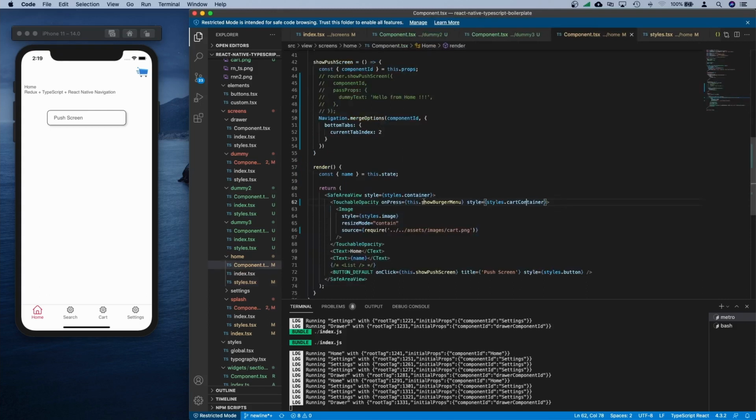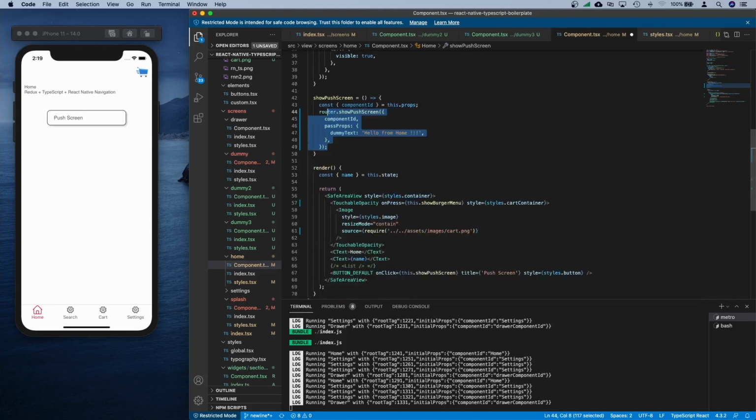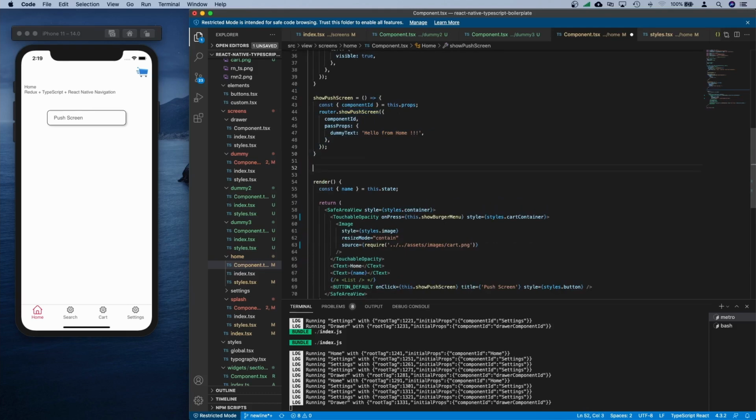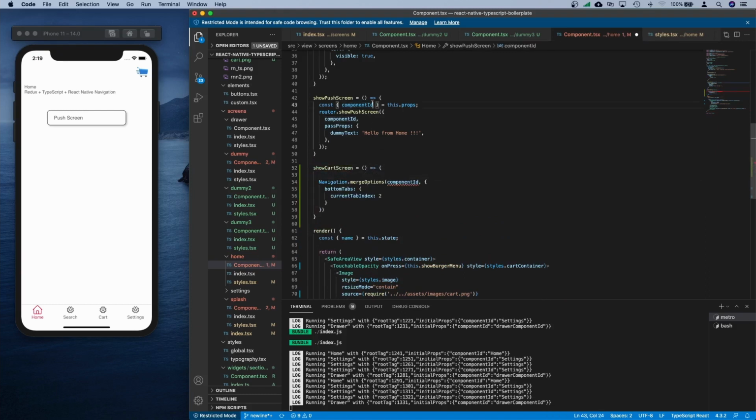So next, on press, let's create a function for this, and so we'll say show cart screen, and we can copy the component ID over here, and we'll say show cart screen, just save it, and on clicking this, we are going to the cart page. Okay,